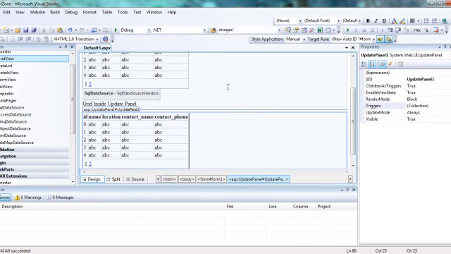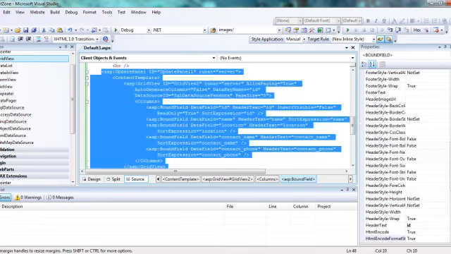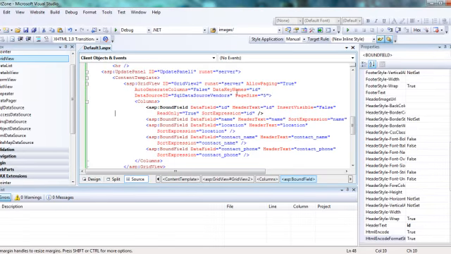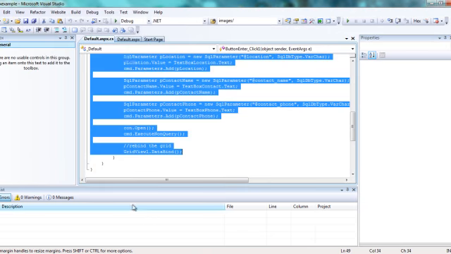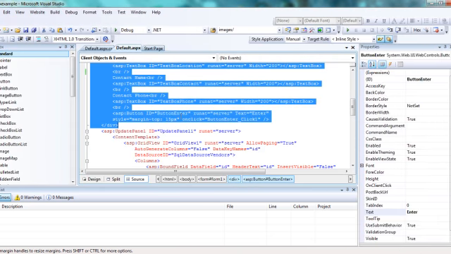Now let's extend this example. So what we would do is we shall include text boxes to add a new data row. That is, we need text boxes for name, location, contact name, and contact phone. I have the script ready over here, so let me just copy it